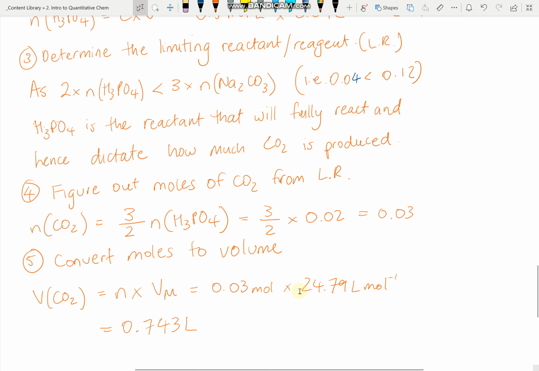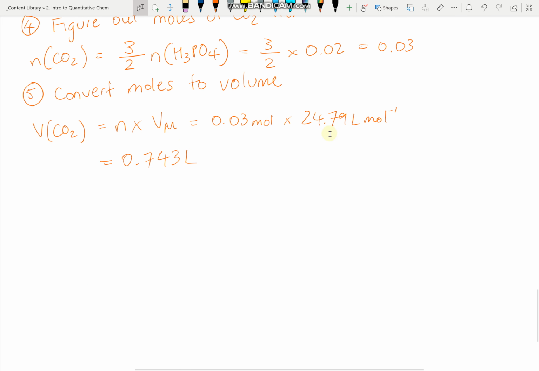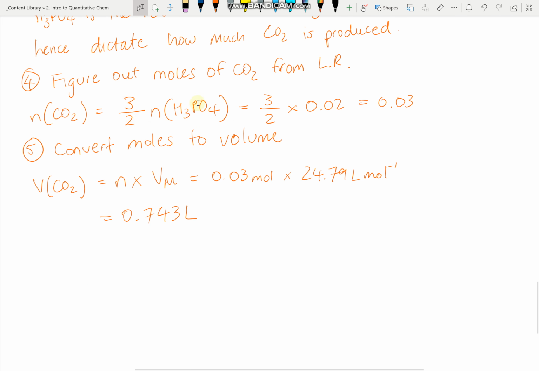And so, almost there. Using my phosphoric acid as my limiting reagent, I do my moles of carbon dioxide. I just kind of figured that out up here. It's 0.03. Remember, divide by 2 and times by 3. So pick your limiting reagent, divide by the 2 times by 3. That's what's happening here. Divide by 2 times by 3. 0.3, so I've got 3% of a box. And then I convert that to volume, because that's what the question asks, how much volume of gas I would produce. And so I'd go volume of carbon dioxide equals the number of particles I have. I have a third of a